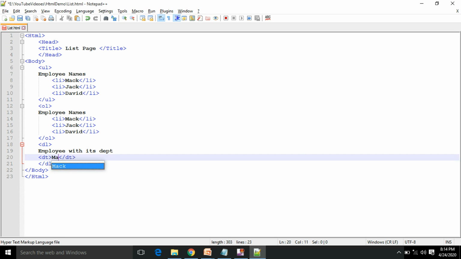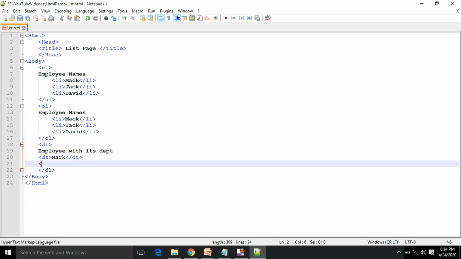In DT let's give Mark, and in DD we can give from finance department. So that means Mark is from finance department.